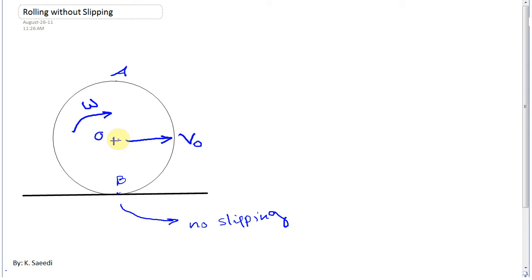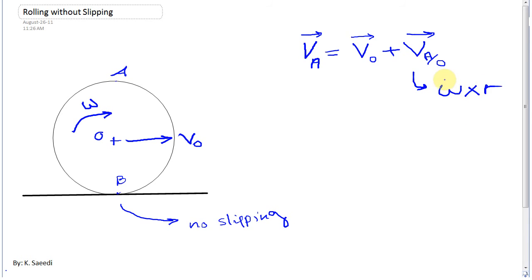Before starting this, I'm just going to remind you that we know this equation: the velocity of point A as a vector is equal to the velocity of point O, again as a vector, plus V A with respect to O. Here, this relative velocity is nothing but omega cross product r, where r is the distance and omega is the angular velocity, again as a vector. So by using this equation